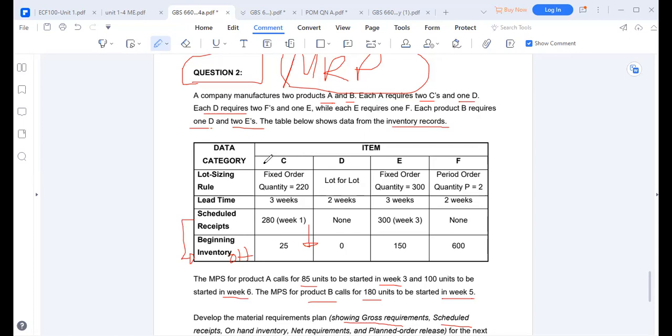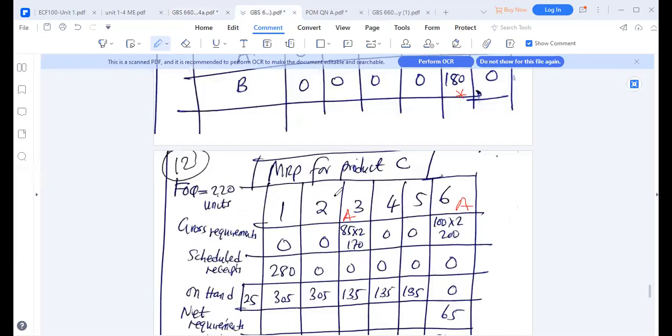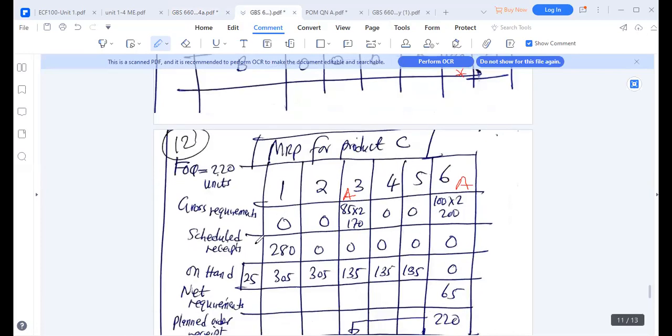So from here, we have seen for C that we have this information, which we use only for C. When we go to D, we are supposed to check what they have been given for D, similarly for E and that of F. So we have the fixed order quantity of 220 and 3 weeks lead time, so we can now check. You have the gross requirements, and the scheduled receipts is 280 units. Usually the on-hand plus the scheduled receipts are added for us to find the total stock available. So the total stock available is